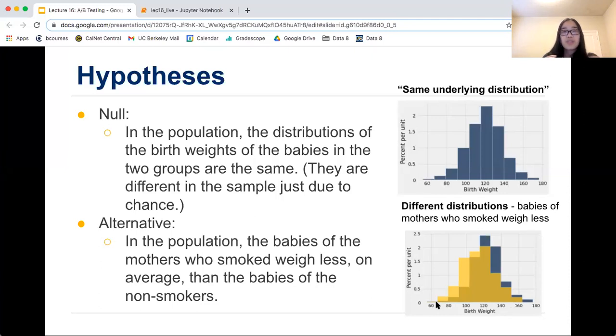So the mothers who didn't smoke would be drawn from one distribution, and the mothers who did smoke, those birth weights will be drawn from another distribution. So the difference is, for the null, we're saying they come from the same distribution, and for the alternative, we're saying they come from different distributions. And in this case, we're specifying that the mothers who smoked have babies that weigh less.